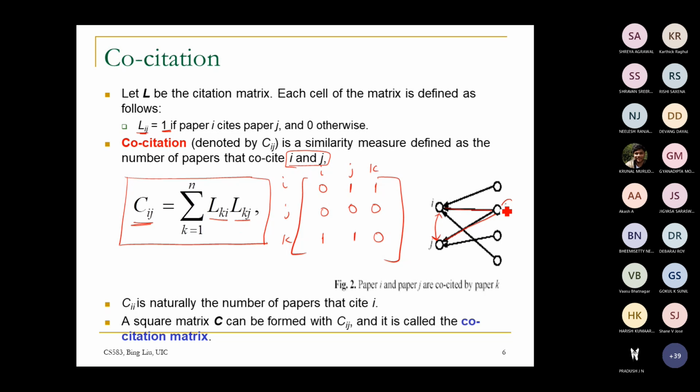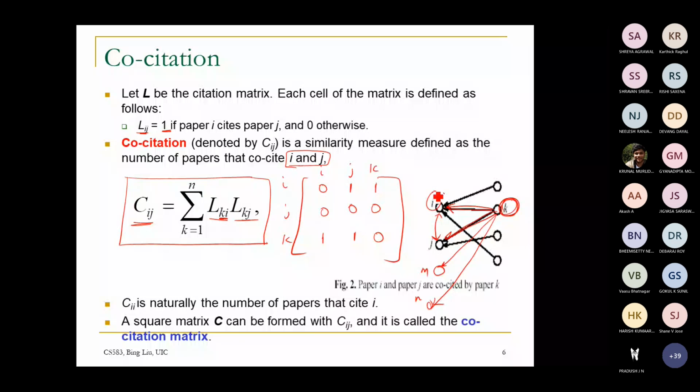So K is going to be the paper of interest for our problem statement. How many papers are citing this K? So I and K. We are going to give it as Ki because the direction is going inwards towards I. So Ki and Kj. So how many other different possibilities of citation are there? If there is some other paper like this, IJKL, MN, this is also assumed to be another set of papers which is citing the same paper K.